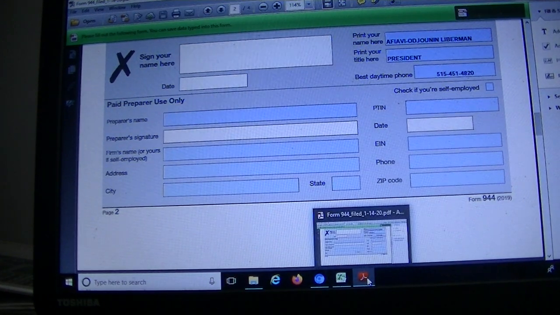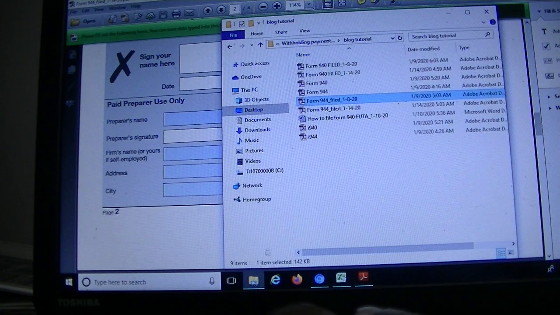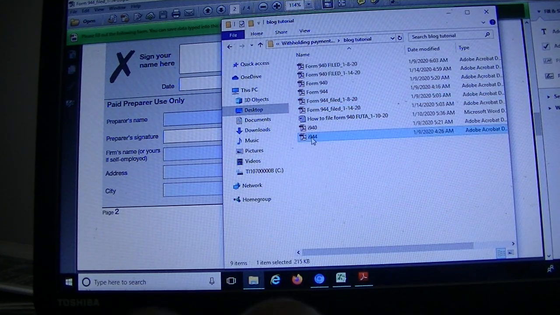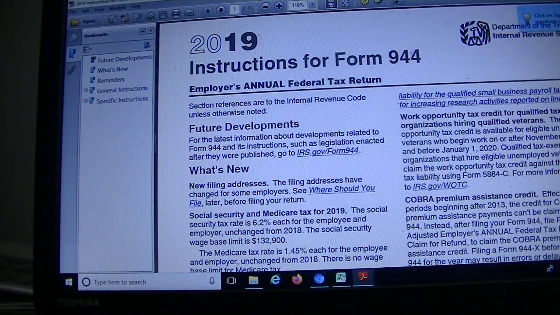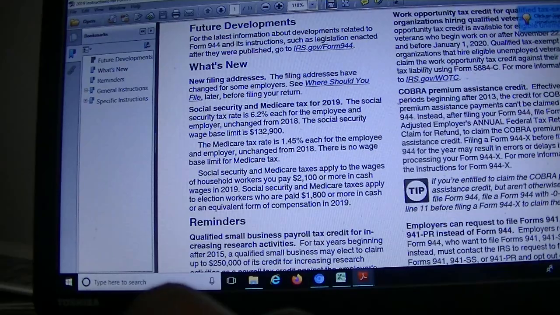If I can find it quickly here, how did I open it? So the instructions will be the Instructions for Form 944, and when you download it, it will be good to read everything through. But there is something here you need to